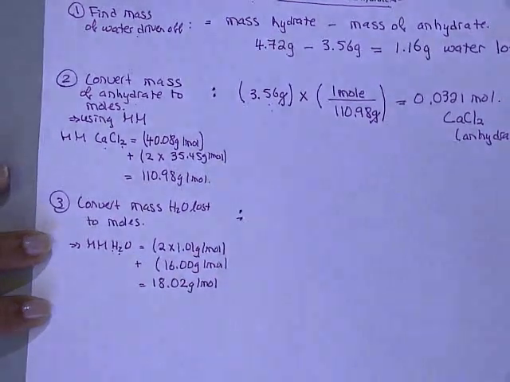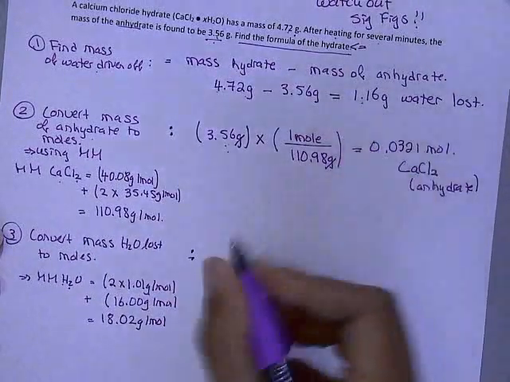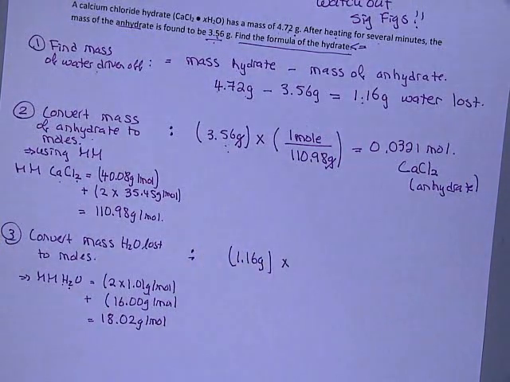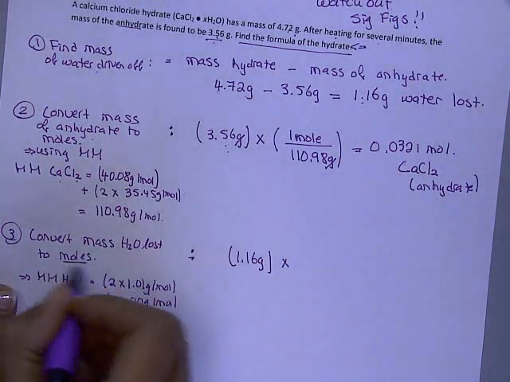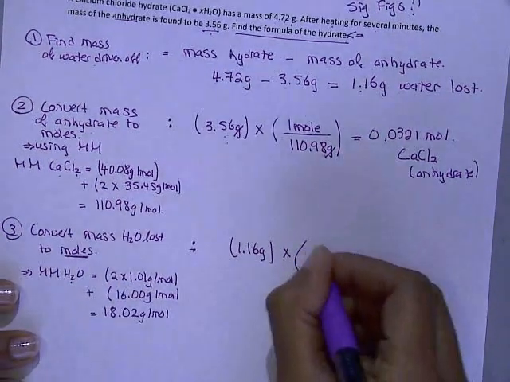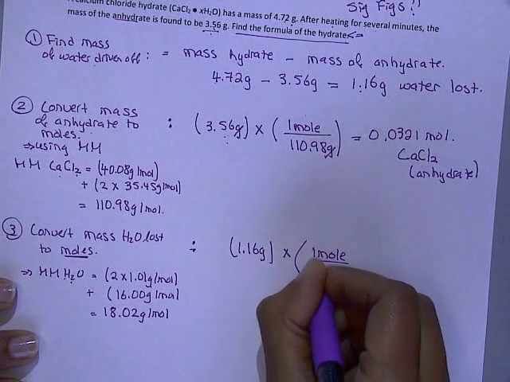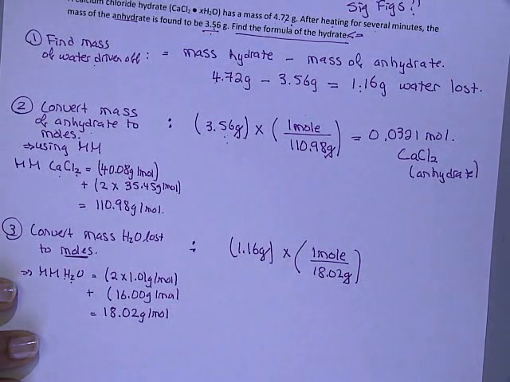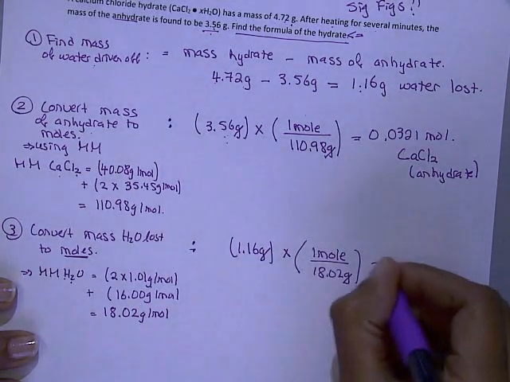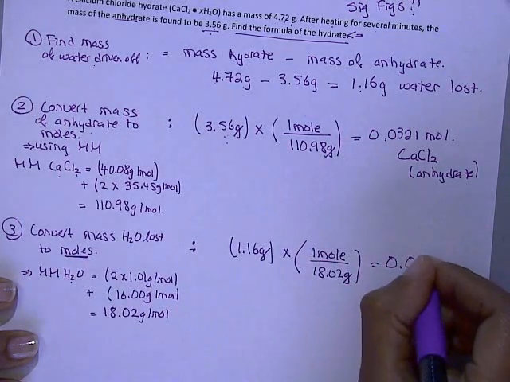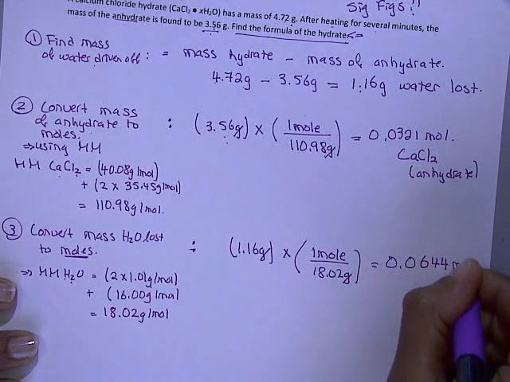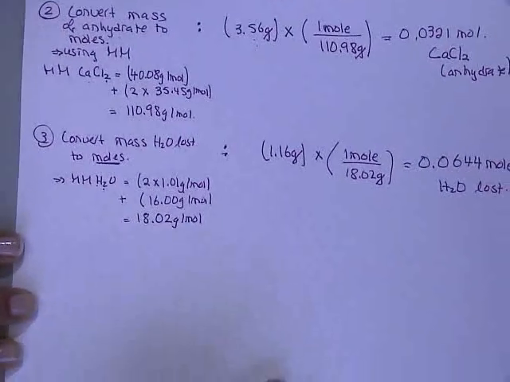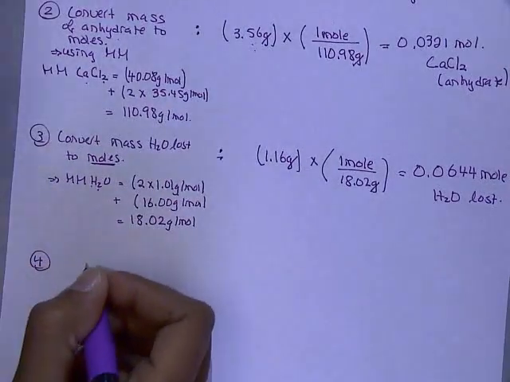So let's do this out. We found out here that our mass of water lost is 1.16 grams, our given, times desired over given. We're desiring moles, so therefore 1 over the molar mass, or otherwise 1 mole over 18.02 grams. These cancel out, and you should get 0.0644 moles of H2O lost. Our final step